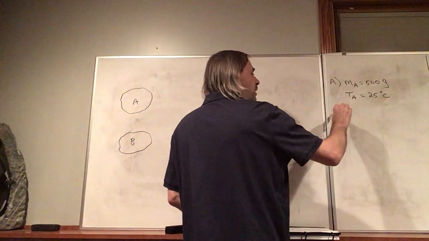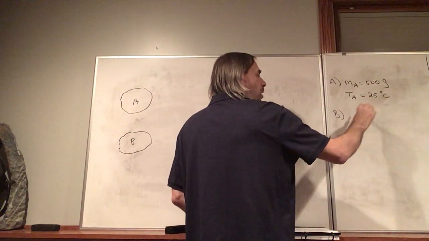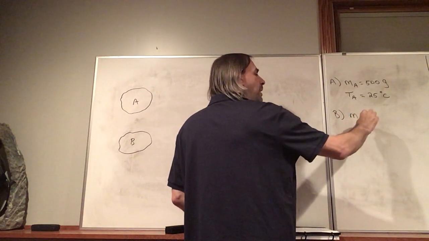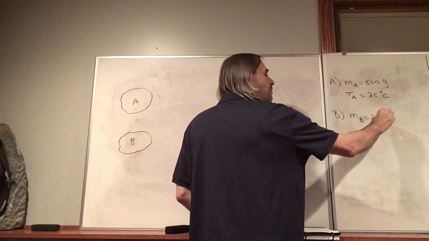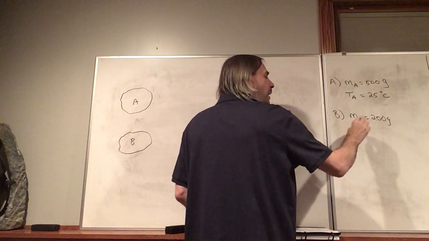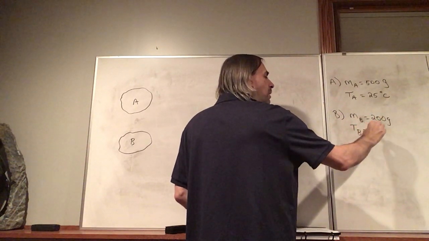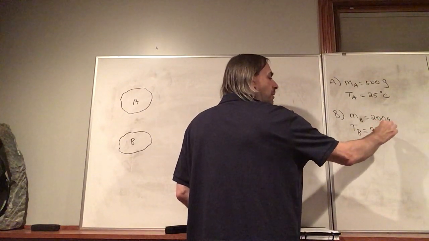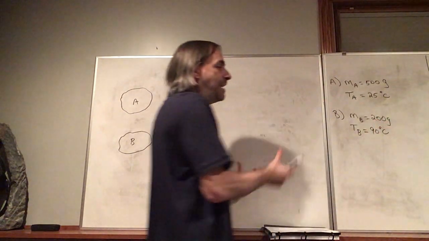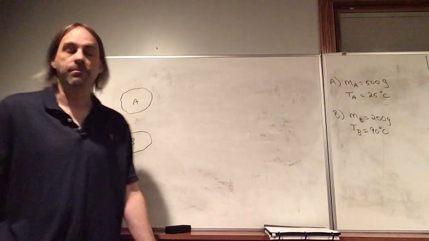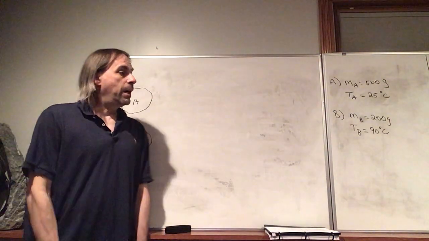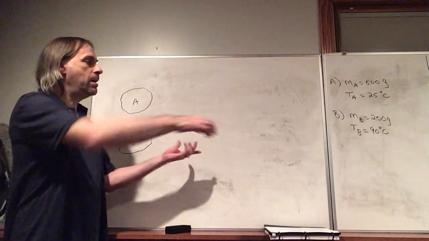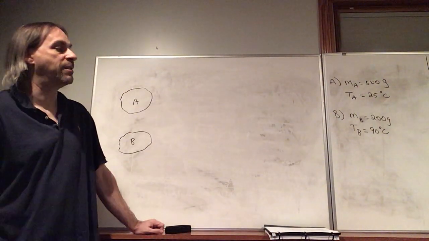And then B is also water. We'll say the mass of B, let's say it's 200 grams. And the temperature of B is 90 degrees Celsius. So this is like nearly boiling water. It's much hotter. And so you just mix them together. So you've got, like, say, a cup of water with A, and you pour this 200 grams of much hotter